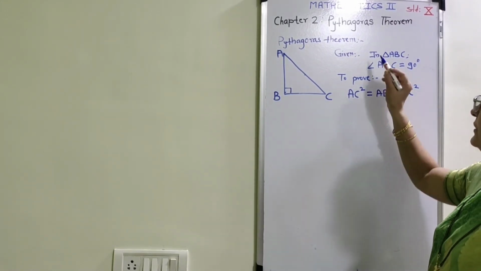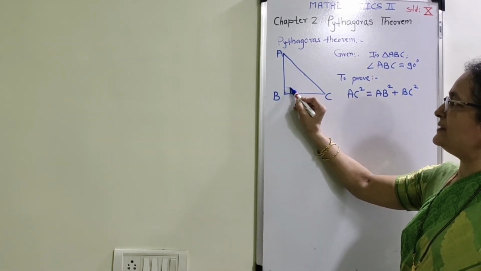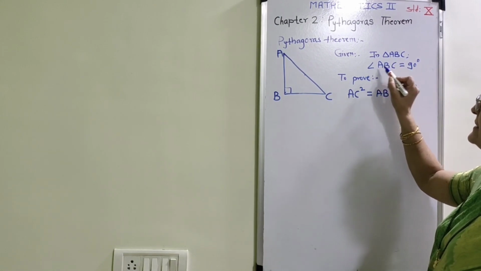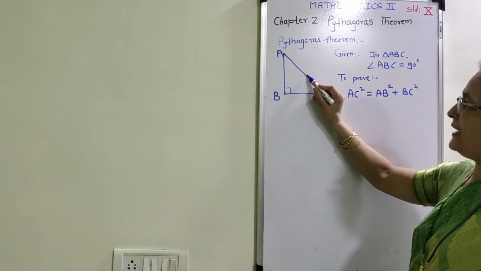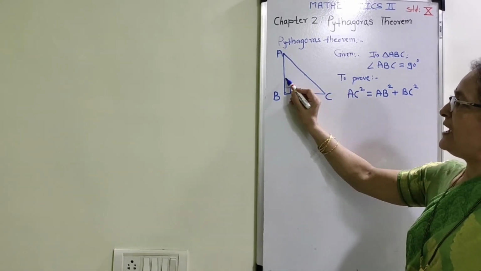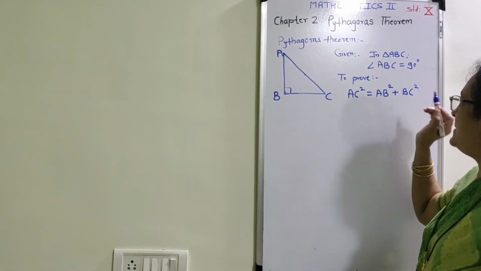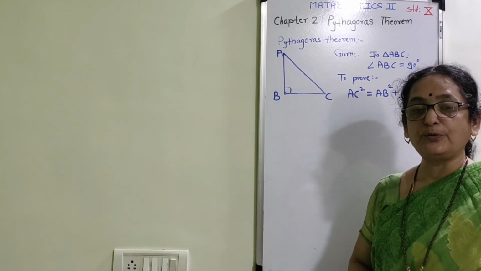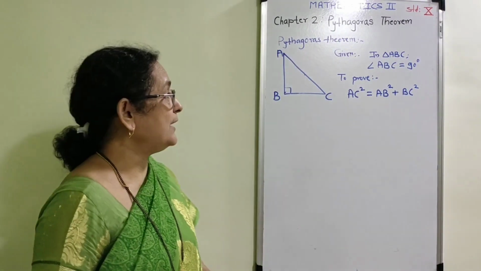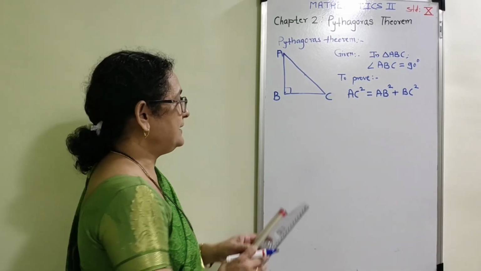I am going to repeat both the steps. First of all, draw right angle triangle ABC where angle B is 90 degrees. In triangle ABC, angle ABC is equal to 90 degrees, and we are going to prove that hypotenuse square, that is AC square, is equal to the sum of squares of the remaining two sides, that is AB square plus BC square. With the help of the given figure, I am not able to prove this, and that's why to prove this theorem we are going to use the similarity concept of right angle triangle.